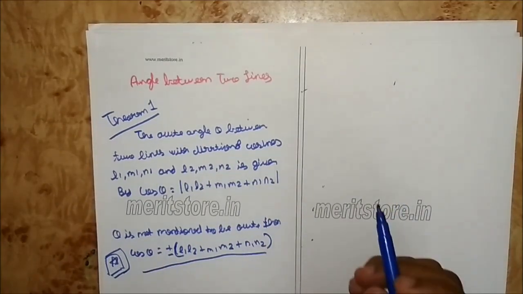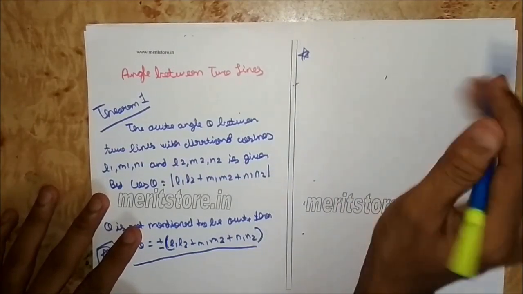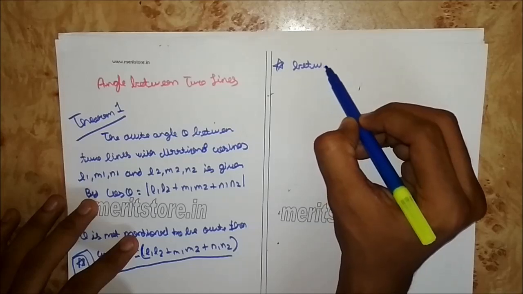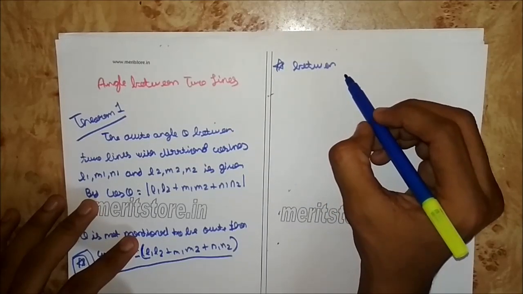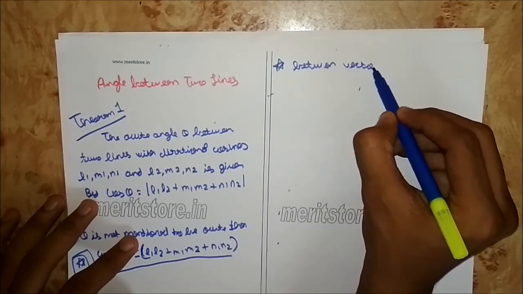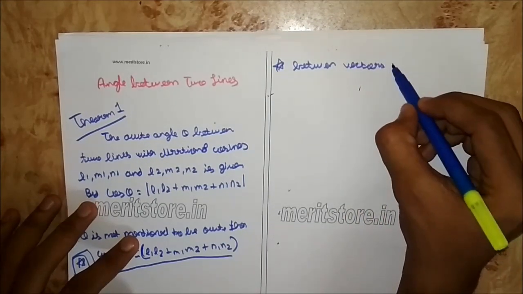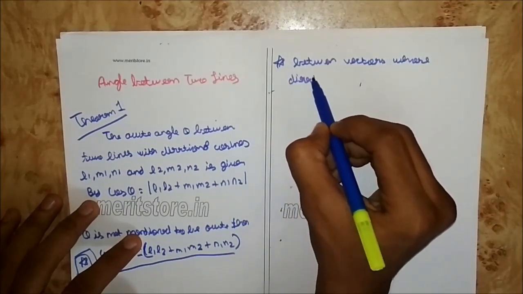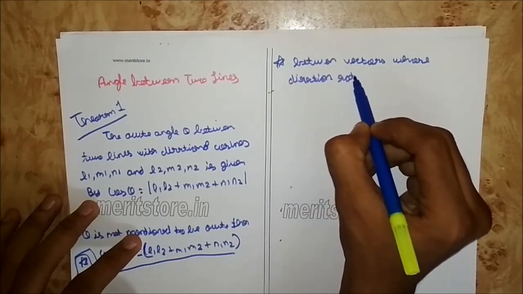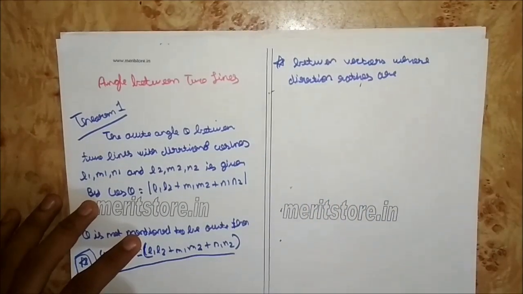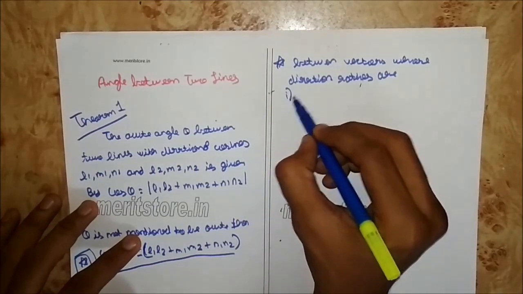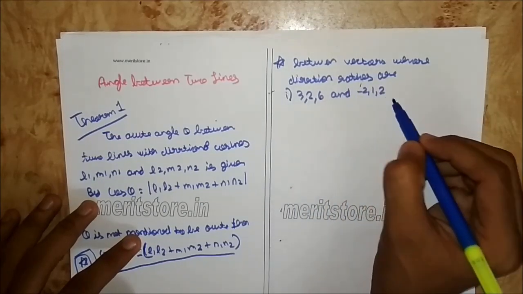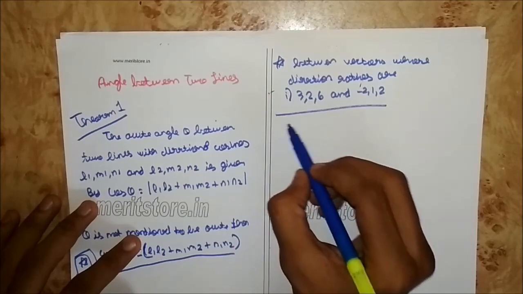Now let's do one sum. First we'll take an easy one. Find the measure of the acute angle between vectors whose direction ratios are 3, 2, 6 and -2, 1, 2. So the answer would be,